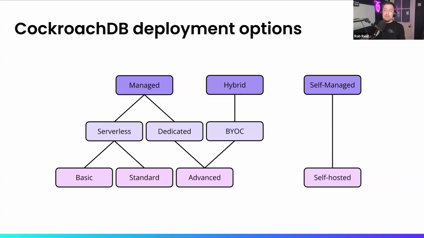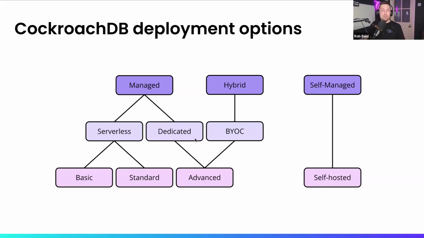Contrast this with CockroachDB. We have three main products. There's actually two main products. One is managed by CockroachDB in Cockroach Cloud, and there are three flavors available. So one is serverless, of which there are two products. There's basic and standard. Basic is more akin to DSQL in that it scales up and down with your usage. And then there's standard if you need provisioned throughput, so guaranteed level of provisioning, which AWS also has support for.